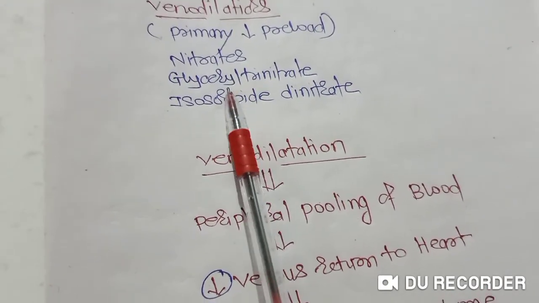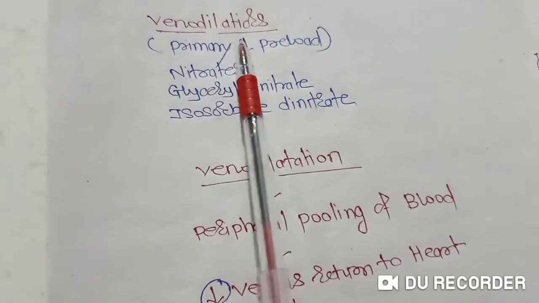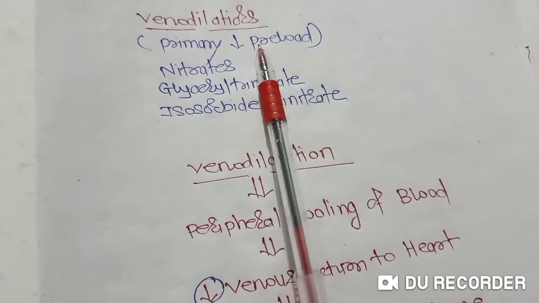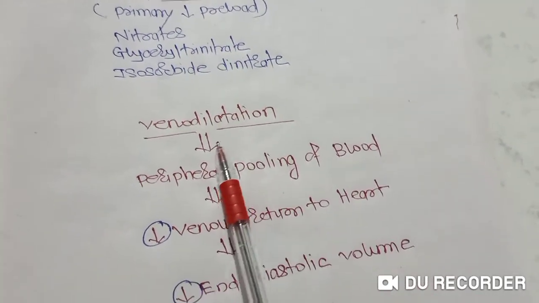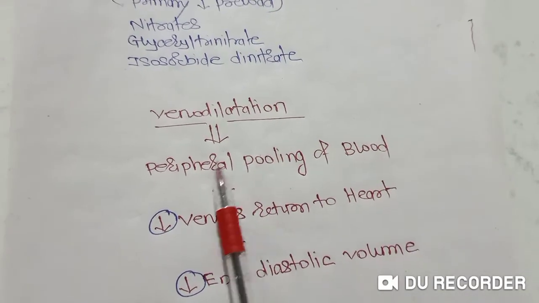Why are they useful in angina pectoris? Because they decrease the preload. They are venodilators. Predominant action is venodilatation. They decrease the preload. How do they decrease the preload? Just as we have seen, by venodilatation, there is a peripheral pooling of the blood, and because of peripheral pooling of